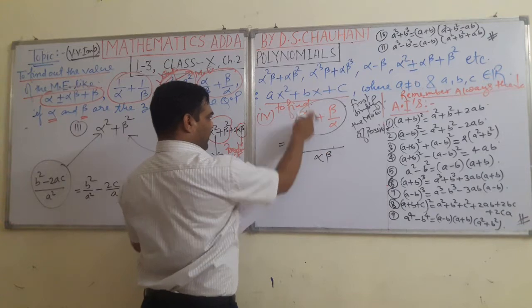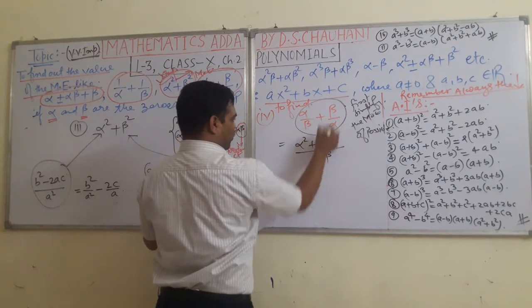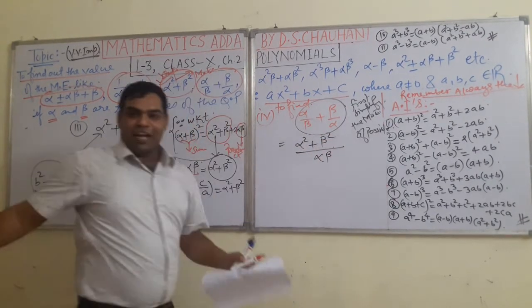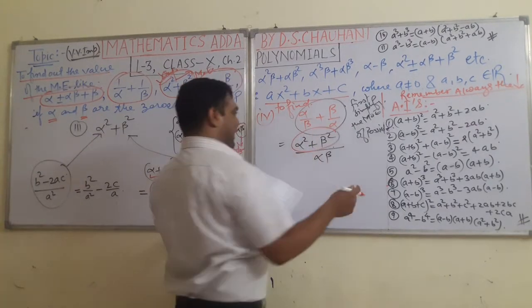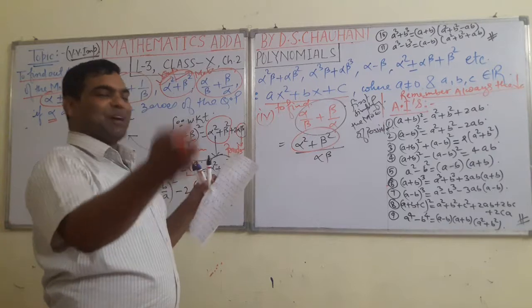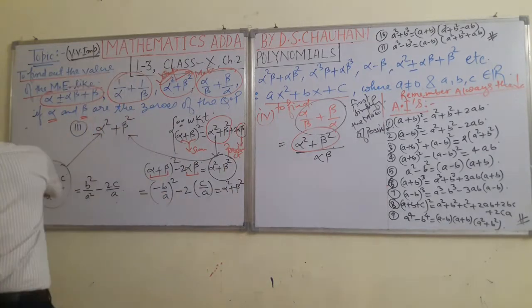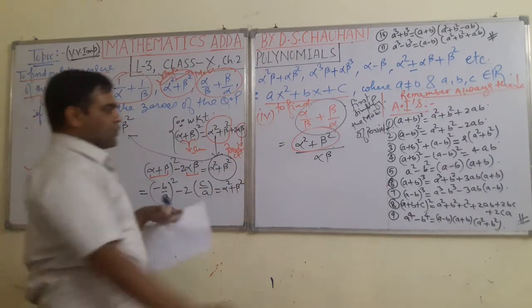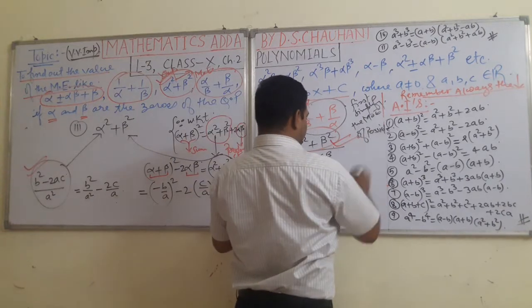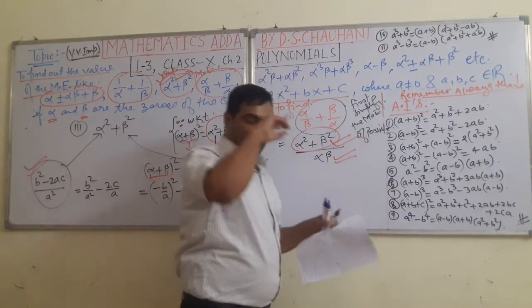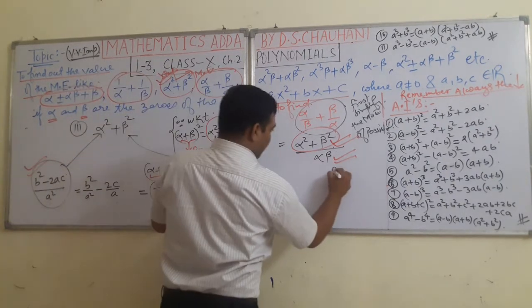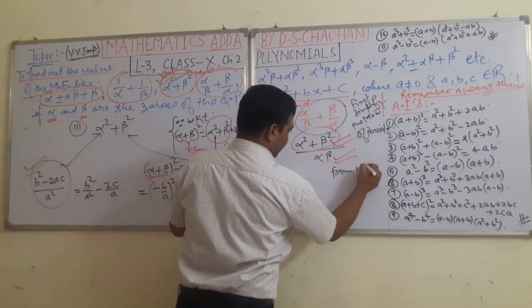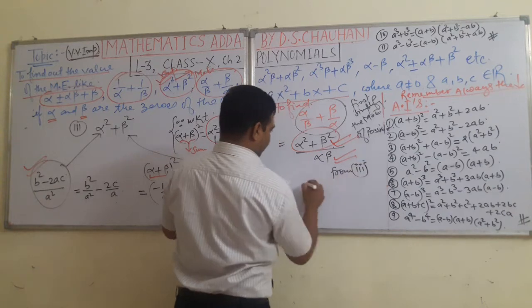Here beta, so it will multiply by alpha, it could be alpha square and it could be beta square. Students, no need to worry. Already in the previous part, you have made clear the value of alpha square plus beta square, which is here. So once we are knowing these things, and also we have the product of the zeros very easily, we can. So from third, we have